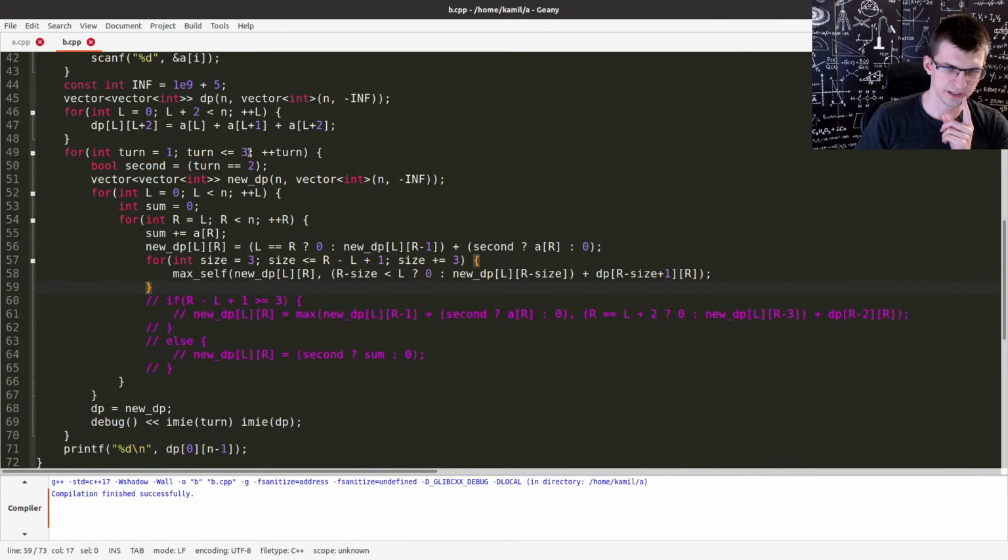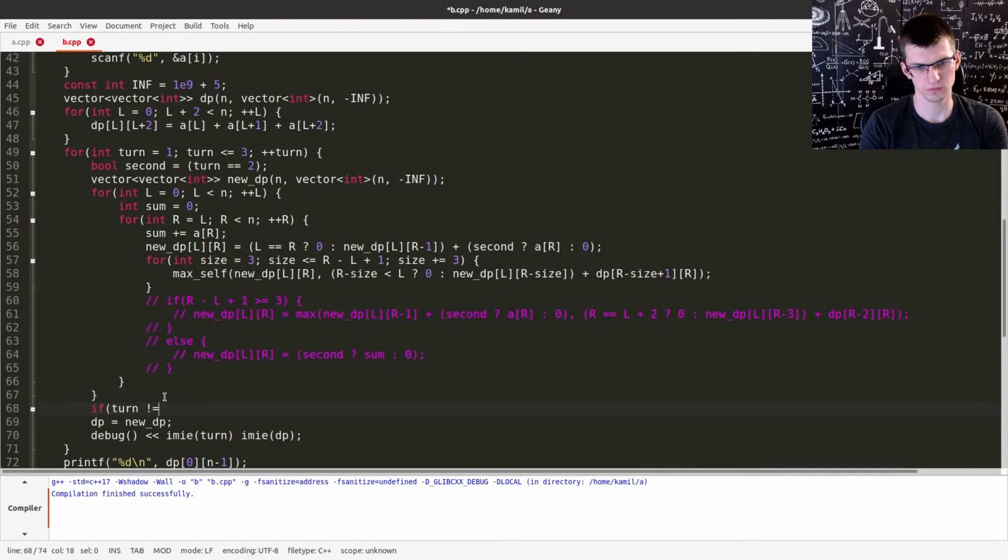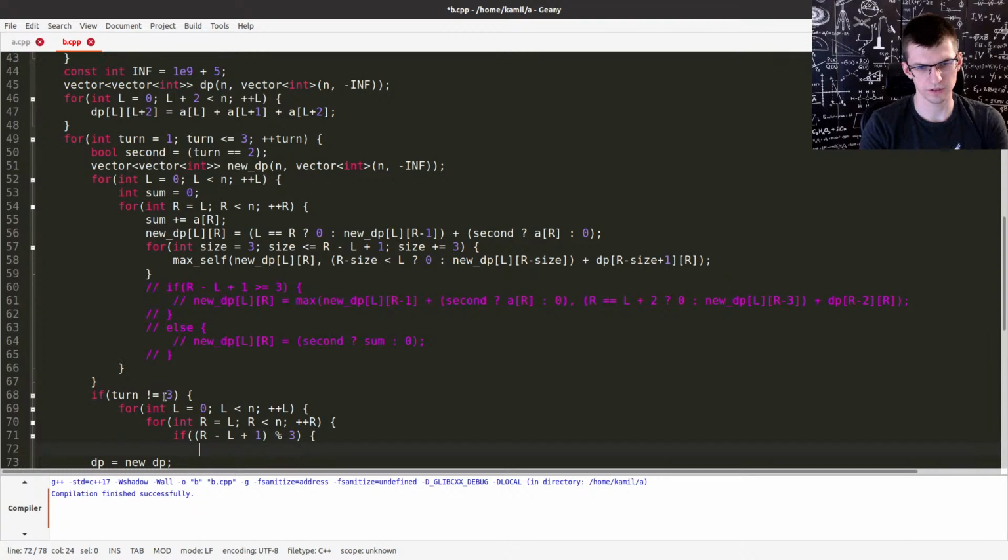Everything other than the last stage, I think, cannot have length not a multiple of 3. If this is not divisible by 3,